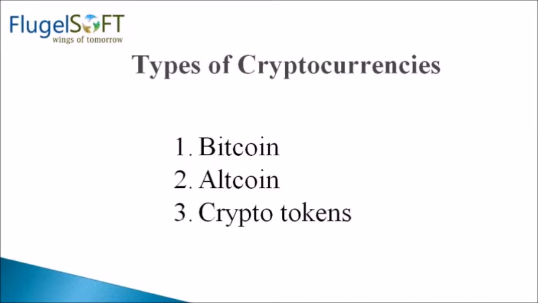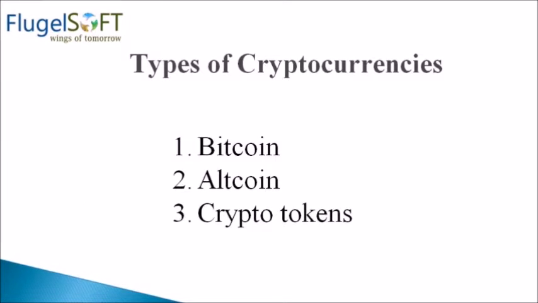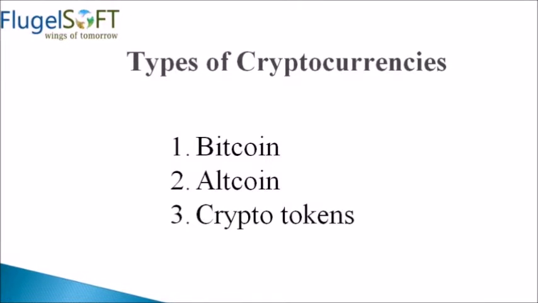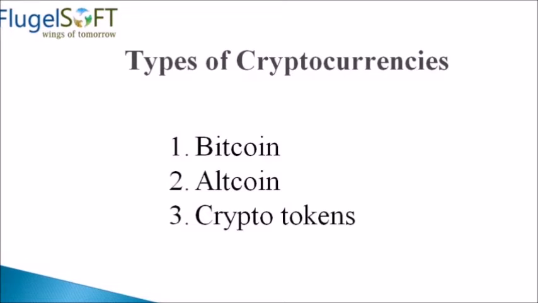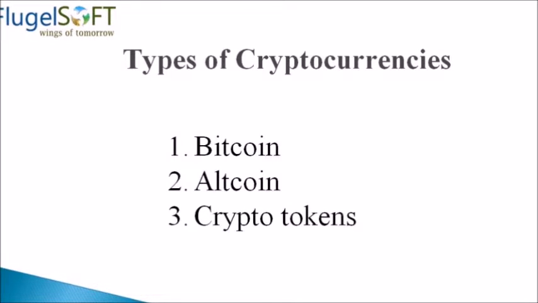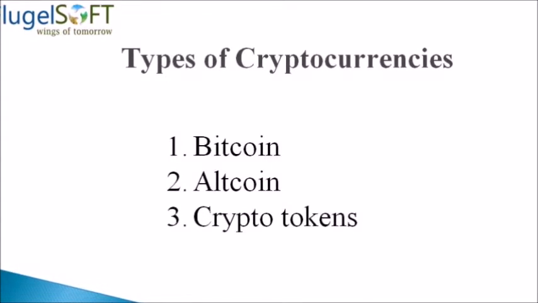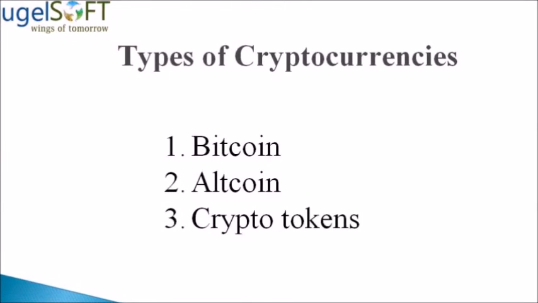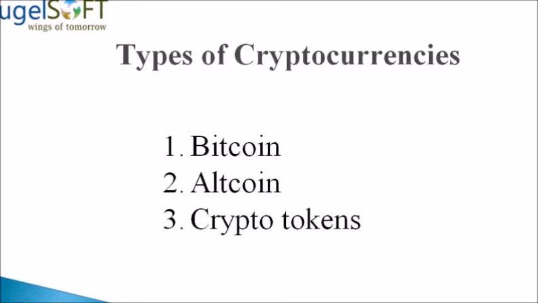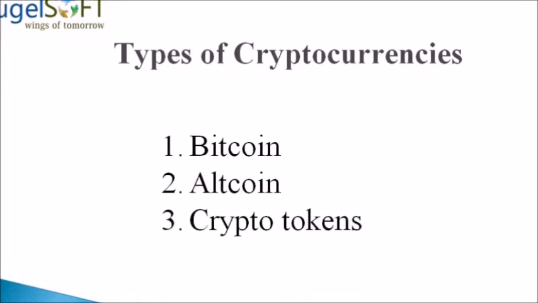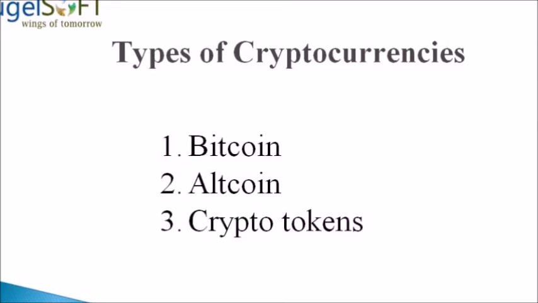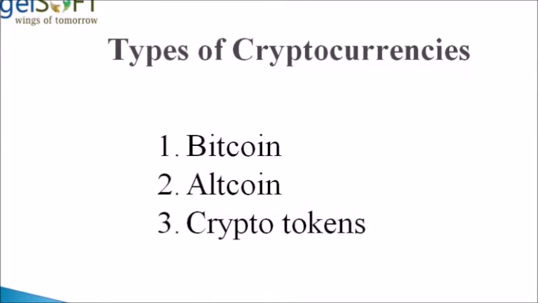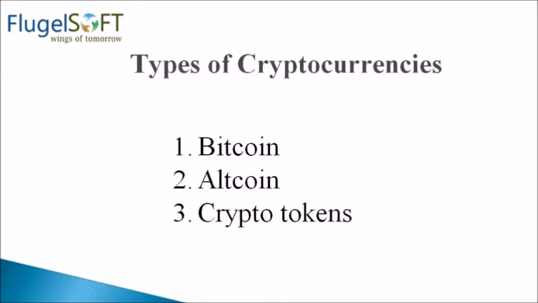Then let us talk about the types of cryptocurrencies. There are tens of thousands of cryptocurrencies available today, with a figure pegged at 10,000 in 2022. Major cryptocurrencies include the following. Number one is the Bitcoin. The Bitcoin is the world's first widely accepted form of cryptocurrency. Bitcoin is so popular that there was a time when its name was synonymous with cryptocurrency.